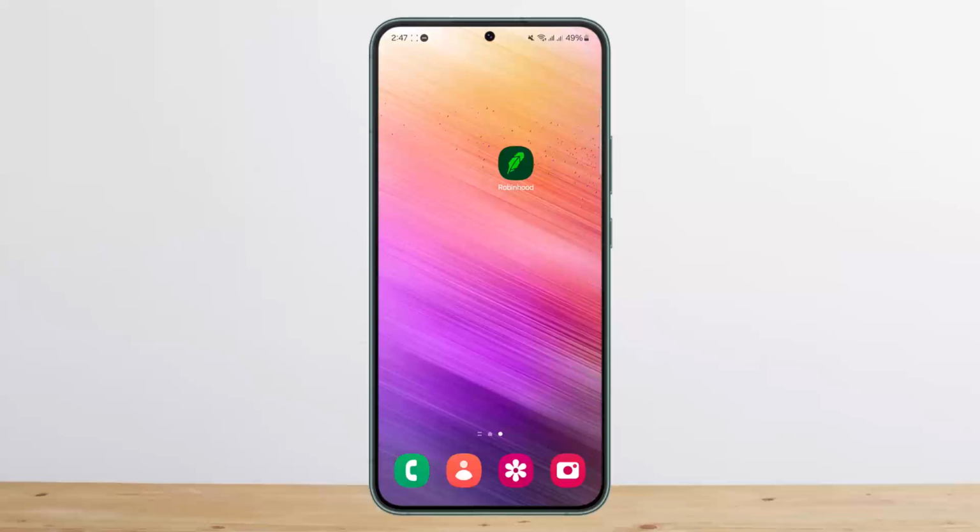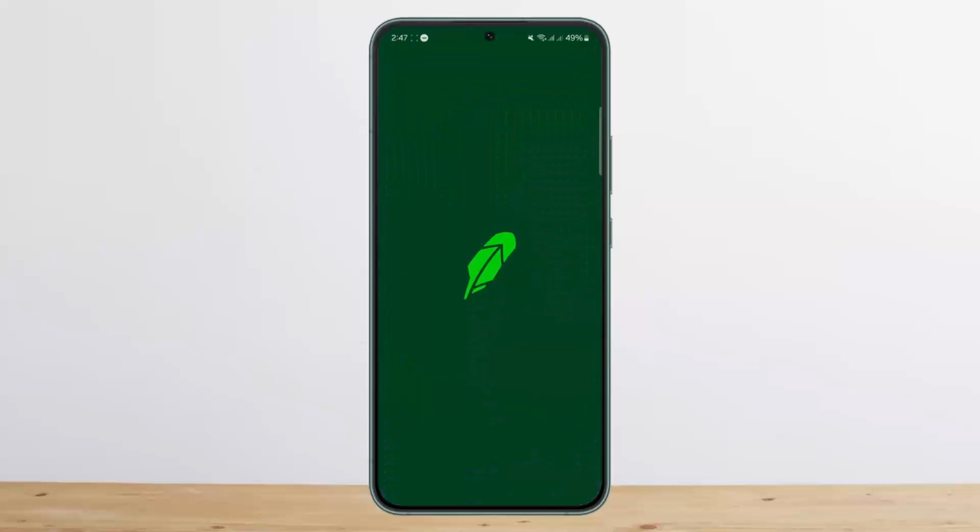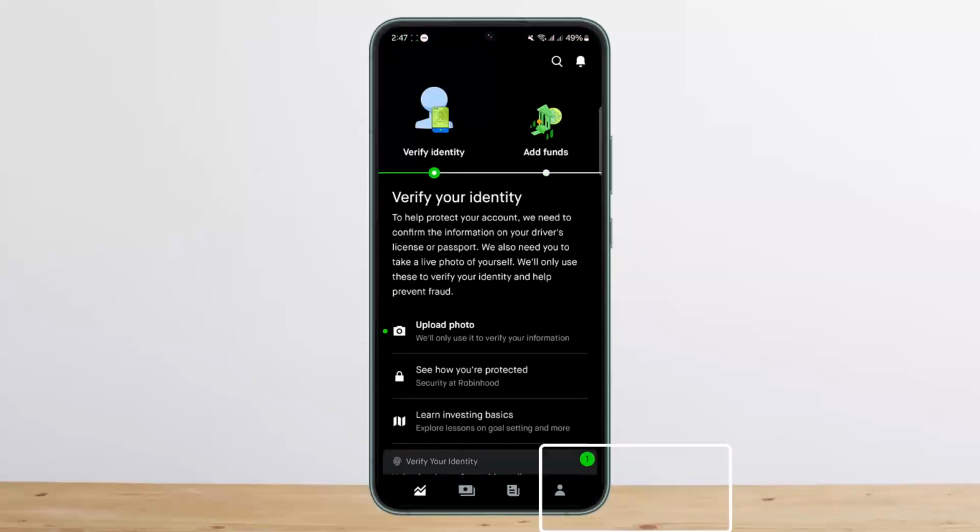Now the process itself is quite simple and quite easy, so let me guide you through. First things first, you want to open up your Robinhood application. Once you do so, you want to tap on the profile icon at the